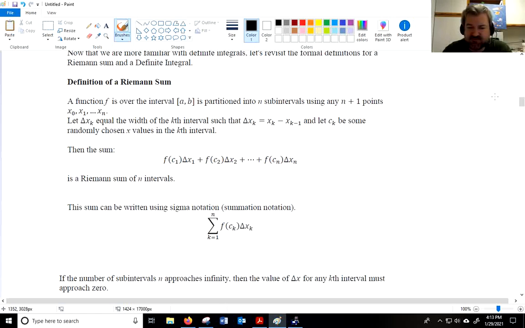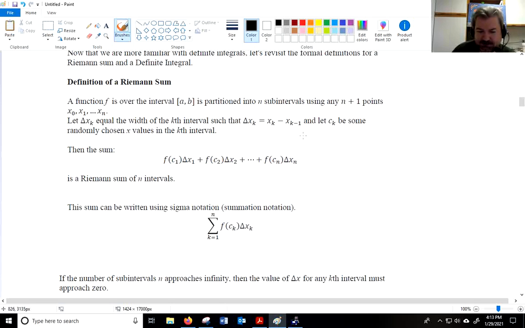calling delta x sub 1, plus f of the c from interval 2 times the delta x of interval 2, plus all the way down to f of c of the nth interval times the delta x of the nth interval. That is a Riemann sum of n intervals. This can be written in sigma notation using k as a subscript, k going from 1 to n, and we